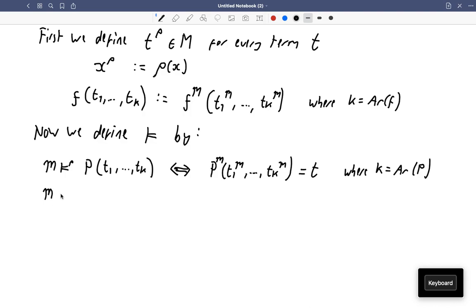Very similarly, if we look at when an equality between two terms is true in the structure M, again we want to say, oh, by the way,